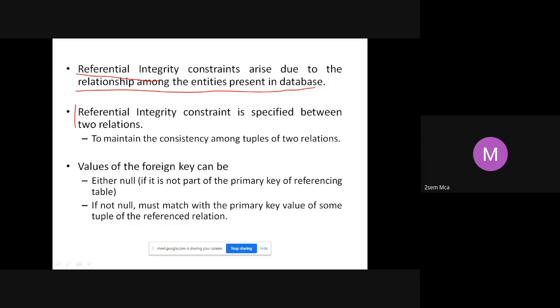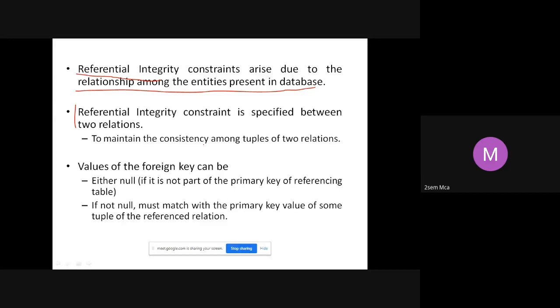Obviously, it is between two relations to maintain the consistency among the tuples. Whatever values you are entering in the primary key, only those values you can enter in the foreign key column also. You can have a null value, but you cannot have any other extra values.